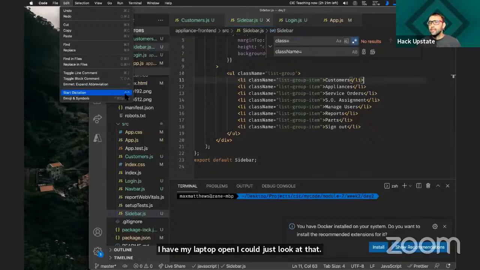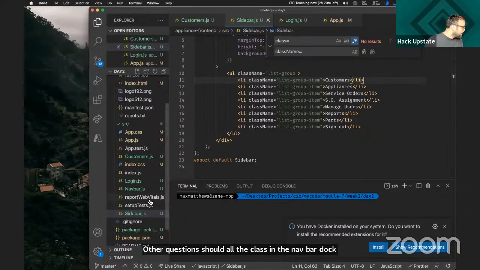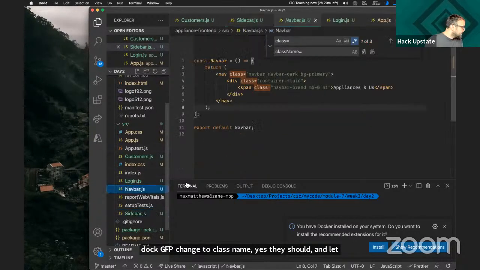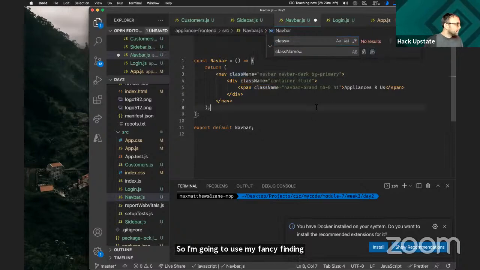Other questions. Should all the class in the navbar.js be changed to className? Yes, they should. And let me pop that open and see if I missed something. Oh yeah, I definitely did. So I'm going to use my fancy find and replace that I already have written to knock those over to